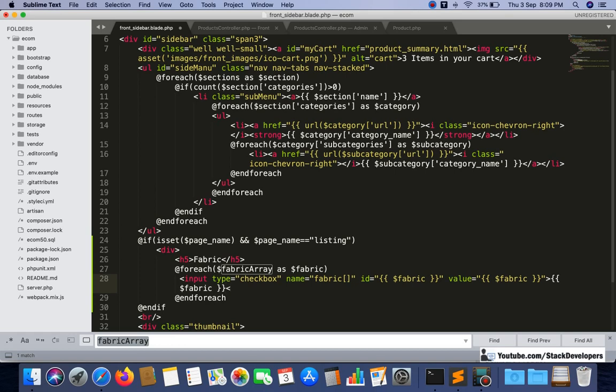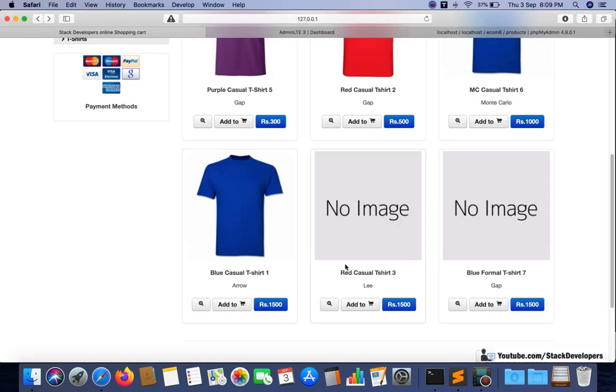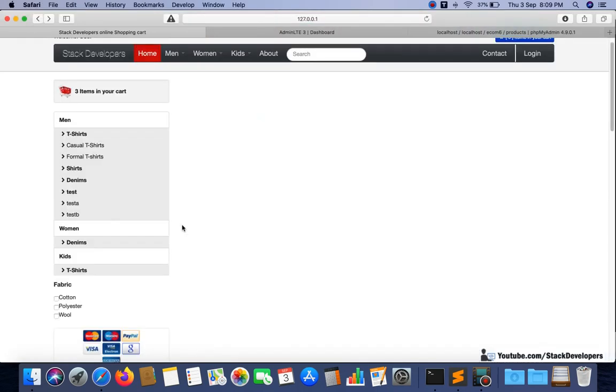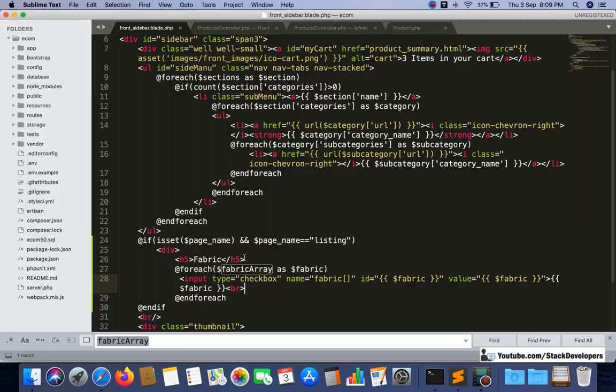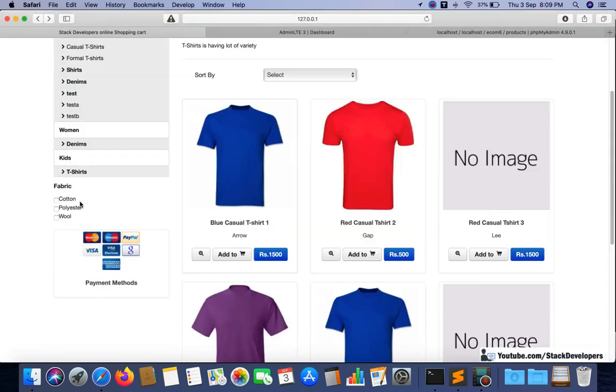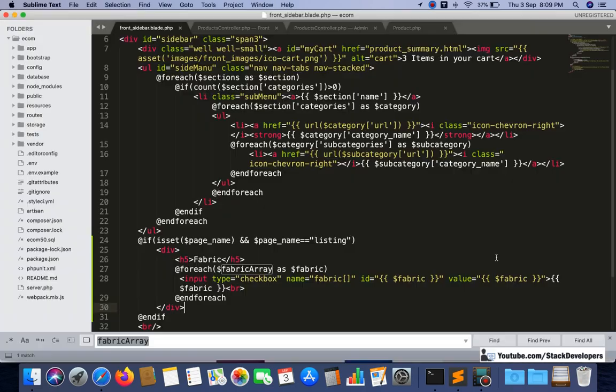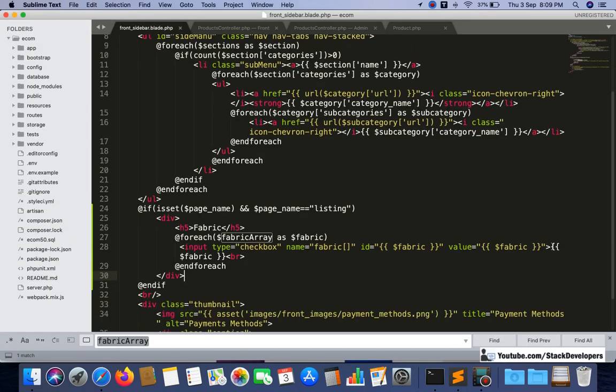Now one break also we want to display. Now I am going to check here. See, the filter is displaying, but there are a few issues because we have not closed the div. We need to close the div here as well. Now display once again. Now the filters are coming, but see, there are two close.